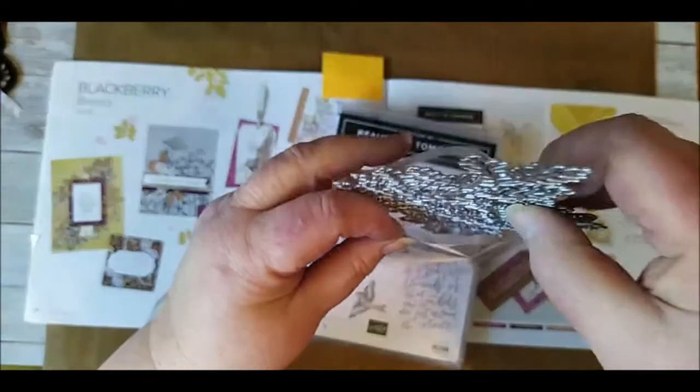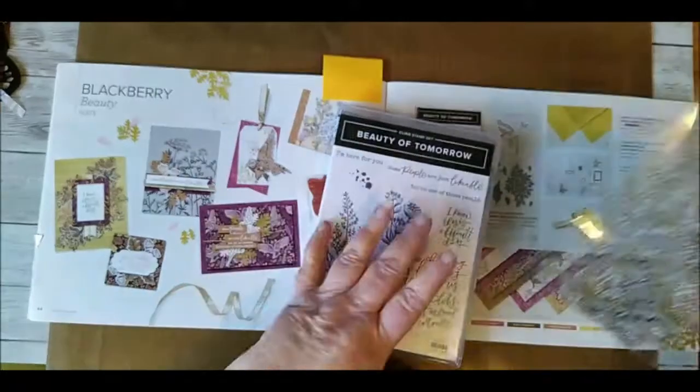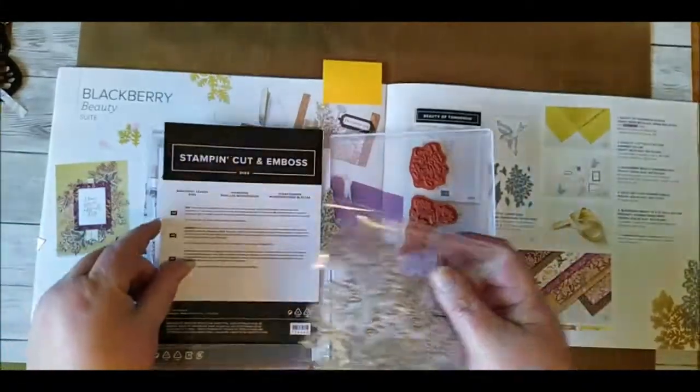We'll pop that big one in there. That's going to be a great one to play with when I get around to that. Now in this suite you've also got some gold colour vellum, a beautiful range of designer series paper,